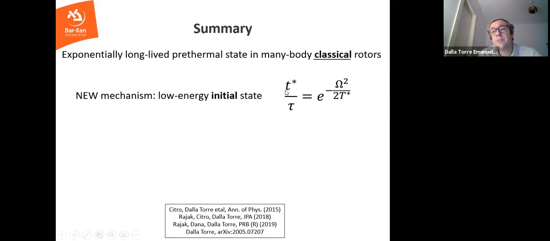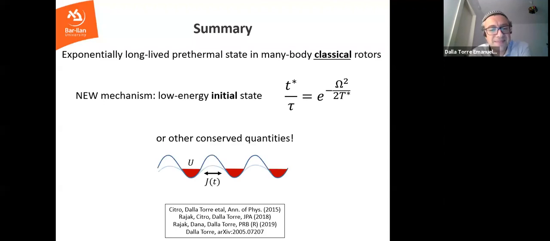This is the generic mechanism. The lifetime of the prethermal state is exponentially suppressed in the frequency over the initial temperature. So the lower the initial temperature is, the more the system can be trapped in this prethermal regime. Eventually, it will escape and go into regular diffusion, but there are exponentially long times in which you can do interesting physics. Remember that our goal was to prevent heating, and now I'm telling you that you can actually prevent heating for exponentially long times. So this is important. You all know that exponentially growing curves are okay.